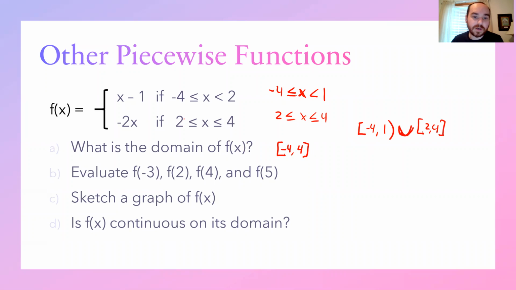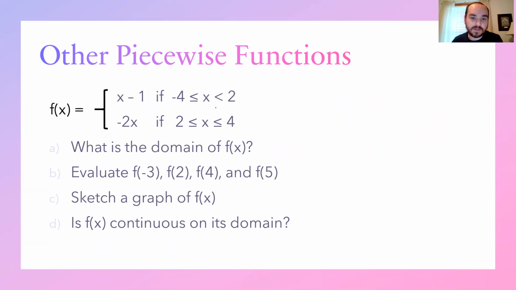But anyway, in our current one, since it's continuous, we've got -4 to 2 and then 2 to 4. We get this. It is -4 to 4, and both are included. So next up, we'd want to evaluate the f of -3, f of 2, f of 4, and f of 5. So for f of -3,